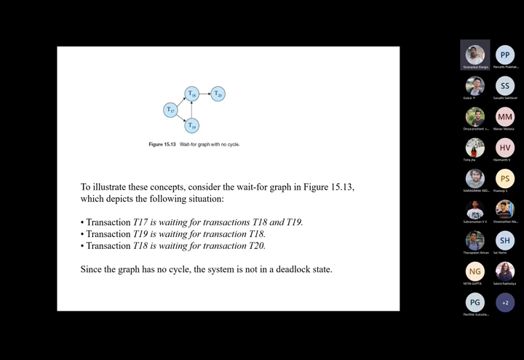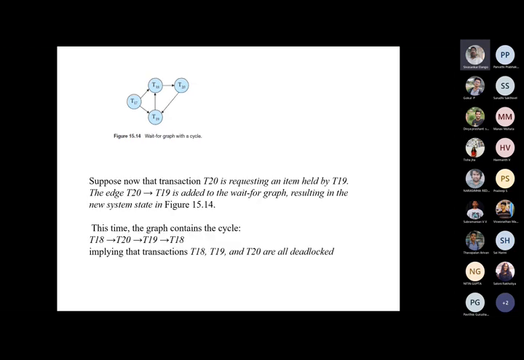So this is an example of a wait-for graph where there is no deadlock state, whereas in this wait-for graph there is a cycle. It means that the transactions are in a deadlock state. So an edge from T20 to T19 is added to the wait-for graph, resulting in the new system state like this, figure